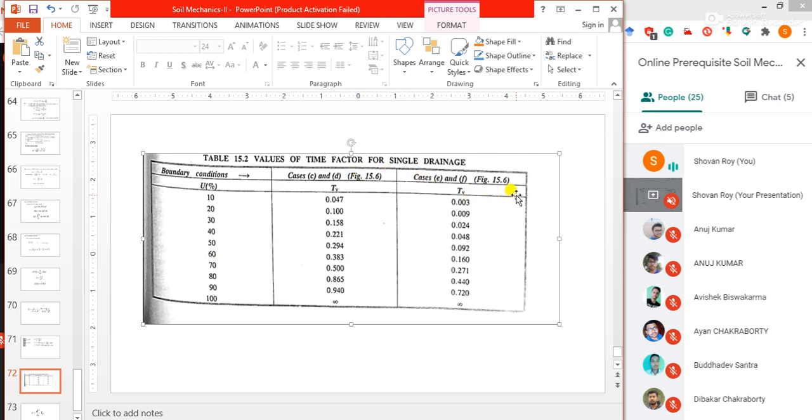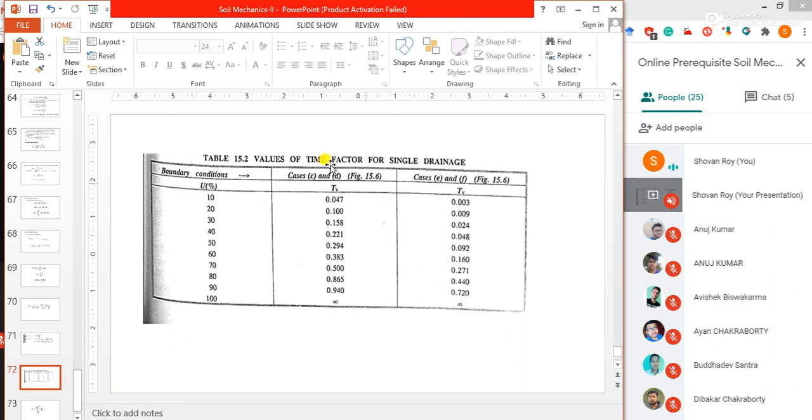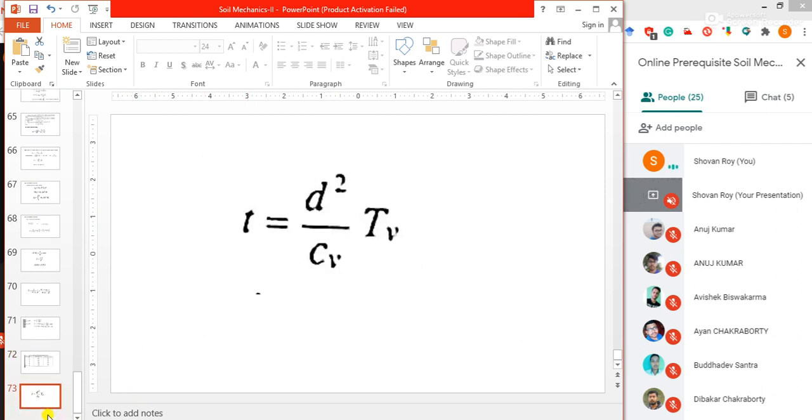But there are some other cases, which we should not take up here, as there are various cases which will be very difficult for you to handle. So your TV value depends on U, the degree of consolidation. Your time factor value depends on the degree of consolidation. And after that, you can see the coefficient of consolidation may also be written as